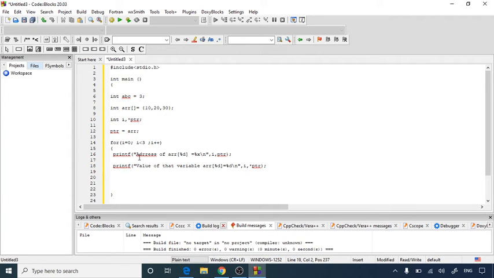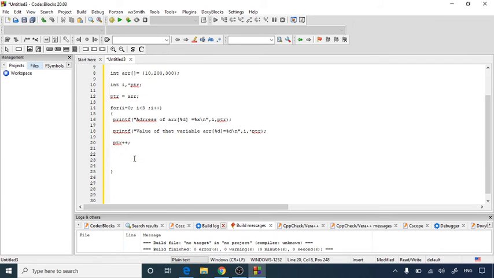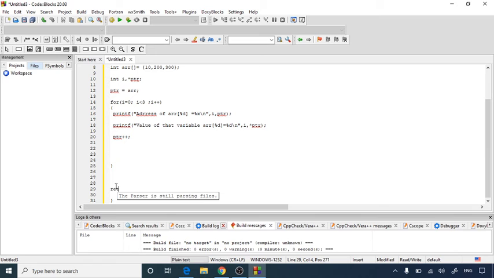This way we are going to print two lines for each and every variable, that means for 10, for 20 and for 30. Let's make the values bigger, so we'll have 200 and 300. Then we are going to move that pointer to the next location by using ptr++. So here we have used the incrementing operator on the pointer. After finishing the for loop, return 0.